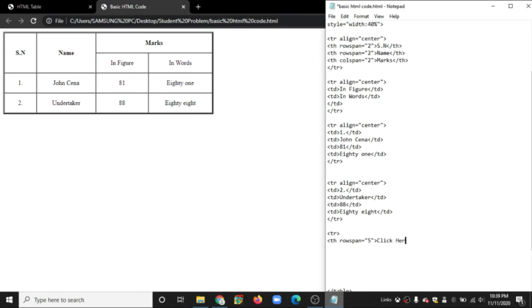Click here. Sorry. In the table here, closing table tag. And now you can see the output.